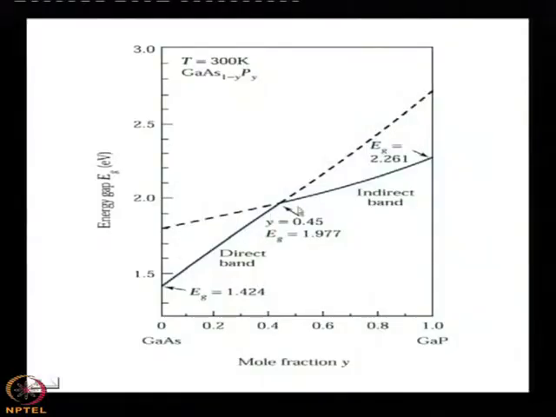Then it becomes an indirect band gap semiconductor. So, when we talk about band gap engineering, it is basically the fabrication or the growth of a compound semiconductor on a particular substrate, but there the limitations are the substrate, and another limitation is the transition from the direct band gap to indirect band gap in many cases, not all the cases, but in many cases. And we find that for a particular atomic composition only it is lattice matched to either gallium phosphide or indium phosphide or gallium arsenide type of substrate.